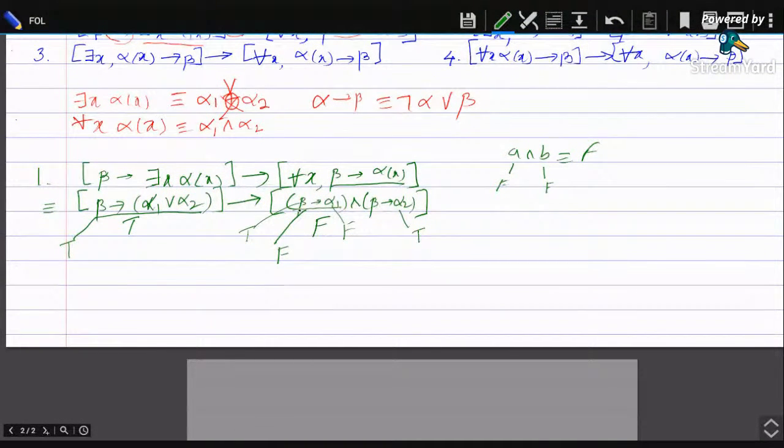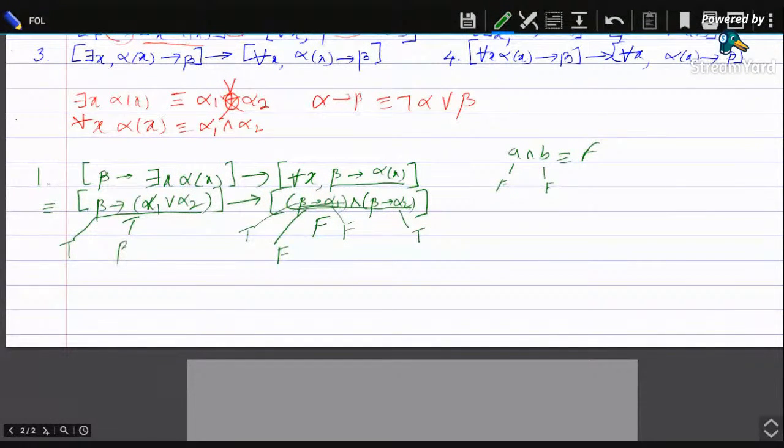False, beta is true, therefore assume alpha 1 is false. So if alpha 1 is false, beta implies alpha 1 becomes false, and this whole thing becomes false. Whether this other part is true or false doesn't matter, this whole thing is going to be false. So what has happened? Now we have selected